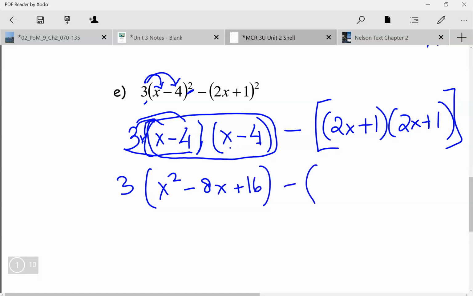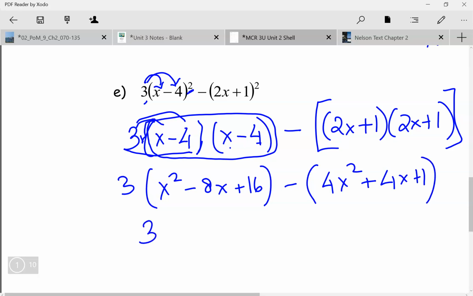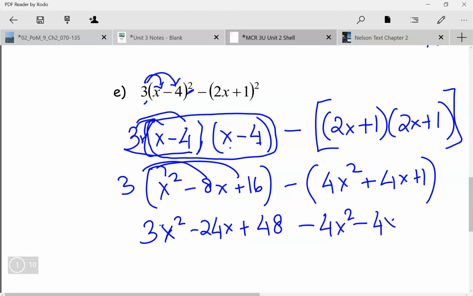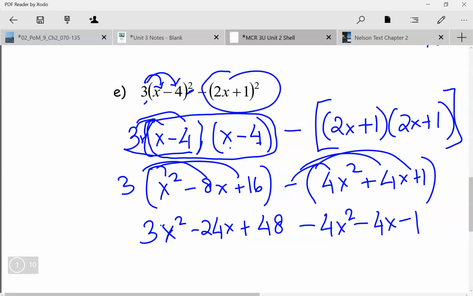And then minus 4x squared plus 4x plus 1. Again, we're going to talk about the formula I used here. But here, again, we just multiply the 3 into all the terms. This is just the distributive property. 3x squared minus 24x plus 48 minus 4x squared minus 4x minus 1. It's important to distribute this negative as well to all 3 of the terms, because again, it's a negative of this entire thing, right? So the negative goes through all the terms, and then you just collect like terms,